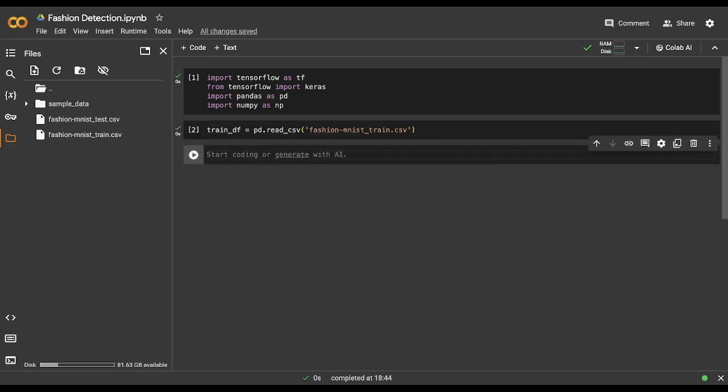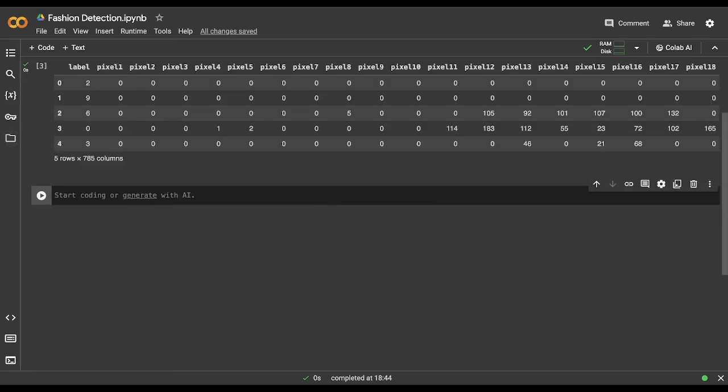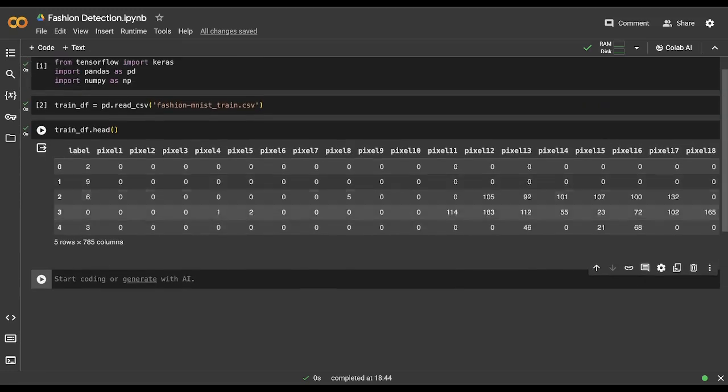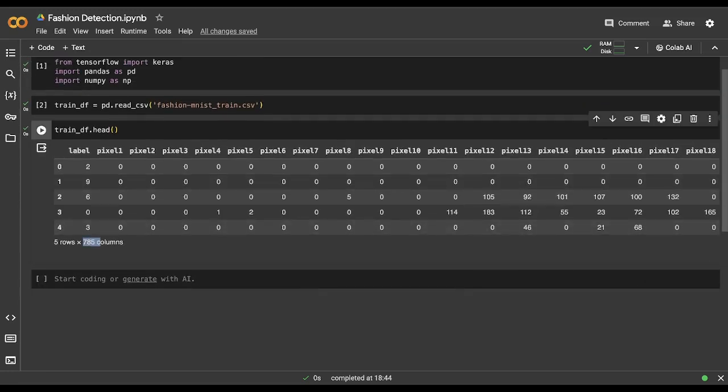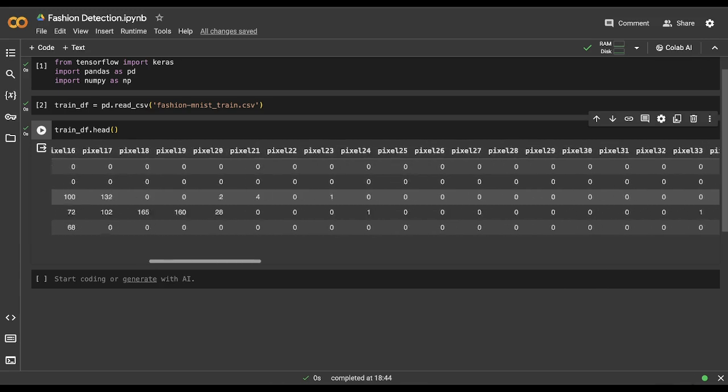And let us try to display the first 5 rows of the dataset using the head function. And this is the dataset. As I said, we have 785 columns, basically 784 for the dimensions of the image, and one column for the label. As you can see, the first column is label, which holds the categories. If you want, you can also replace this column with its true actual categorical labels, but here we'll keep it as it is, and the rest hold the pixel values.